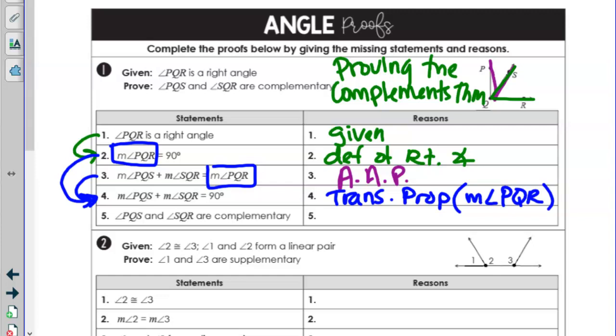Now let's do from 4 to 5. How do I then know they're complementary? Definition of complementary. Very good, definition of